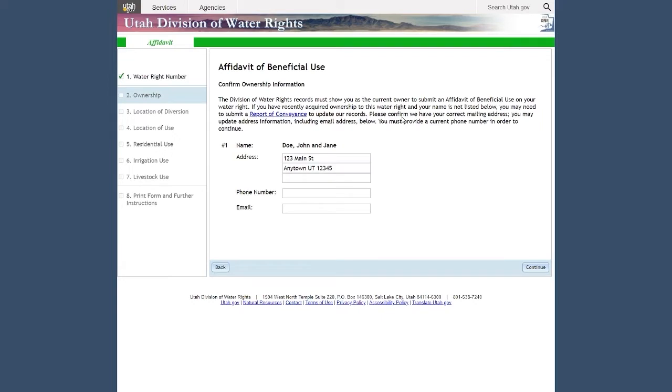Next, we move to Ownership. Here, you will need to verify the information being presented is correct. You must be the current owner to submit a proof affidavit. If you are not the current owner, you will need to stop and first update title with our office by submitting a report of conveyance. If you're not sure how to do that, just contact our office and division staff will walk you through the process. Please do not attempt to submit a form with the owner's name crossed out and replaced, as it will